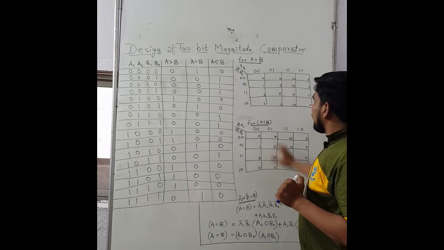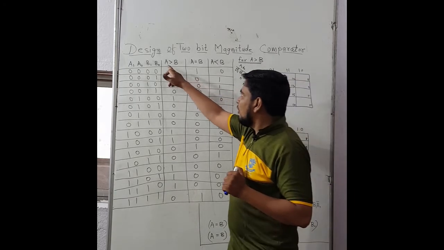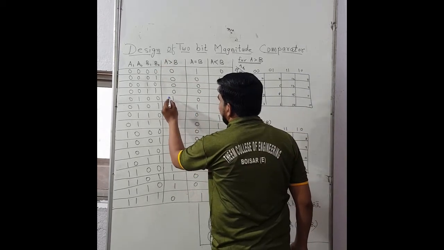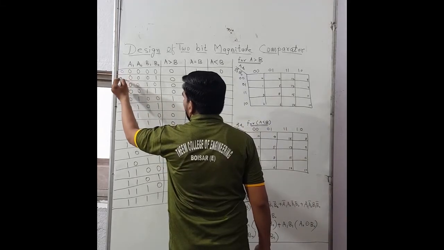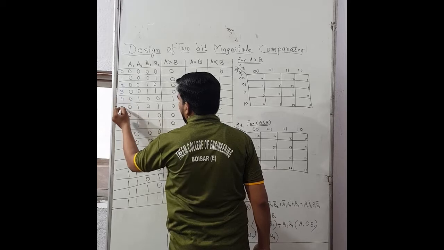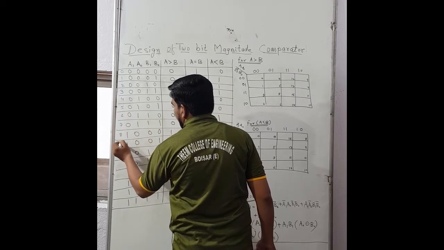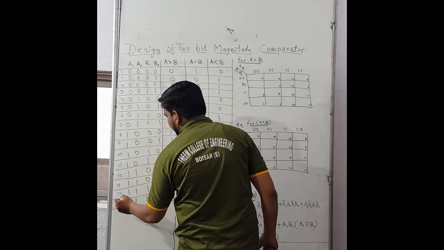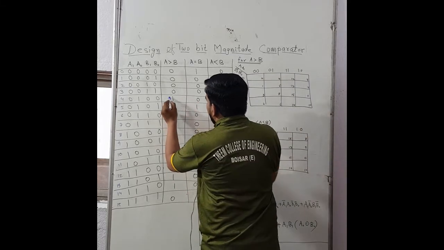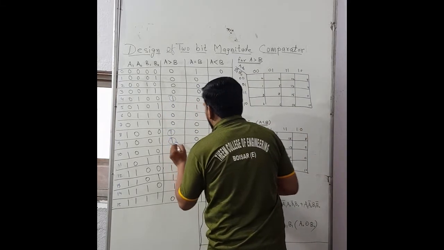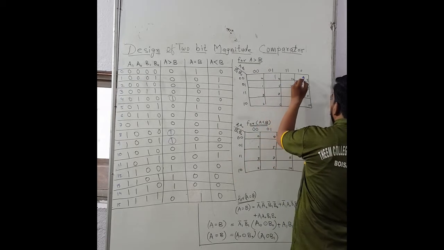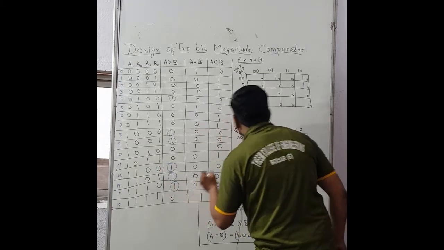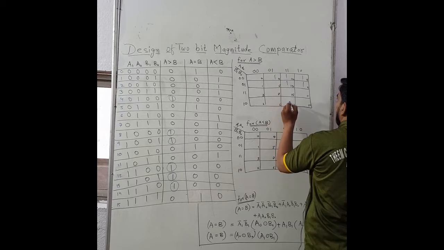Now for solving this Karnaugh map, we will see in this output expression how many ones there are. The cells are 0 1 2 3 4 5 6 7 8 9 10 11 12 13 14 and 15. So see the number of ones. The cells are 4, 8, 9, and then 12, 13, 14.